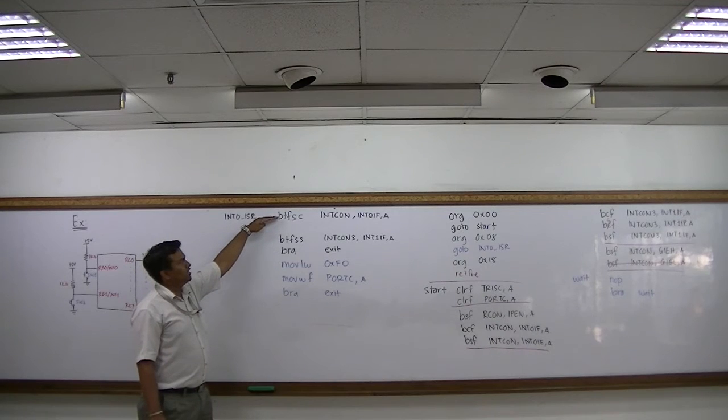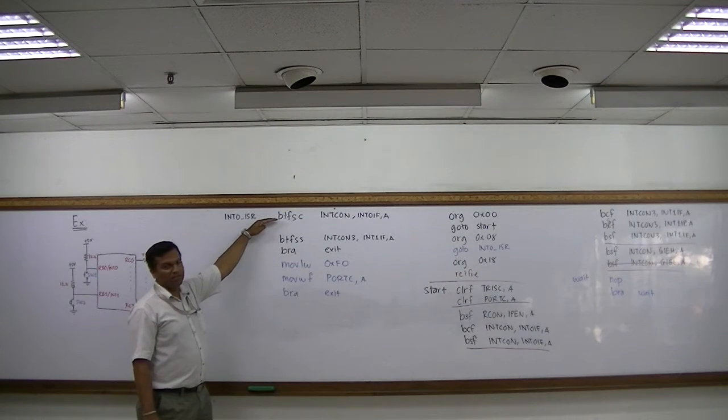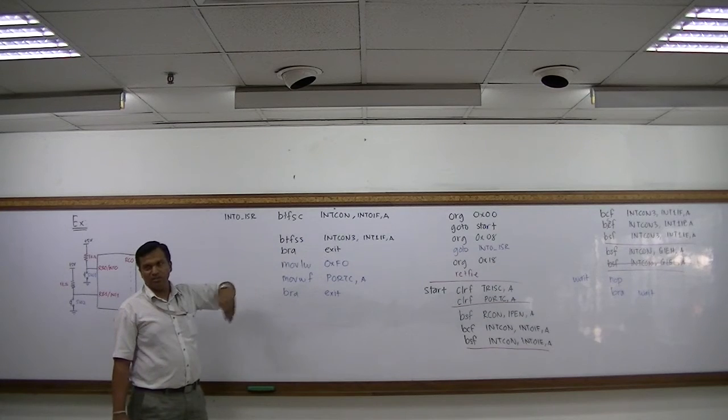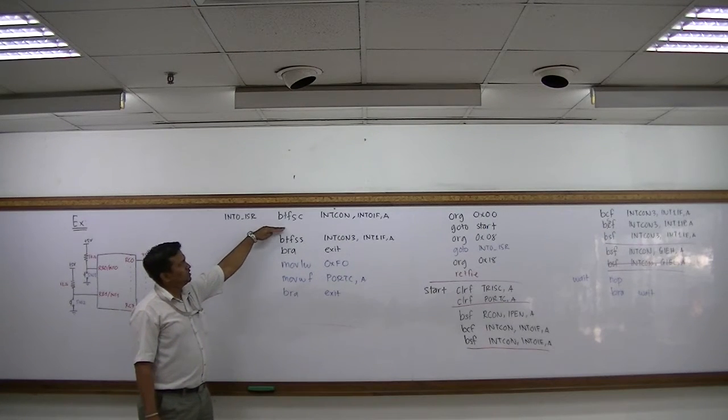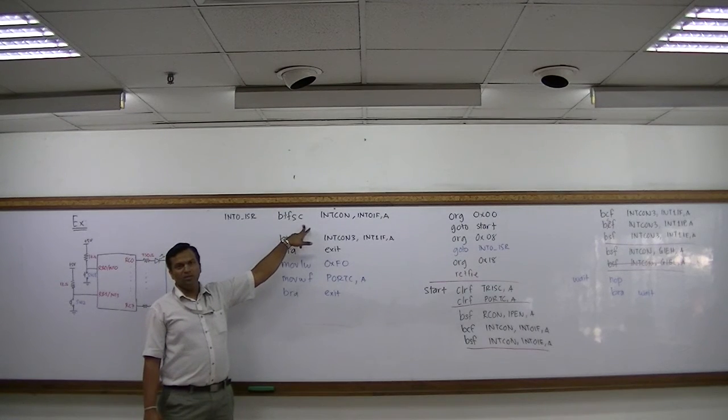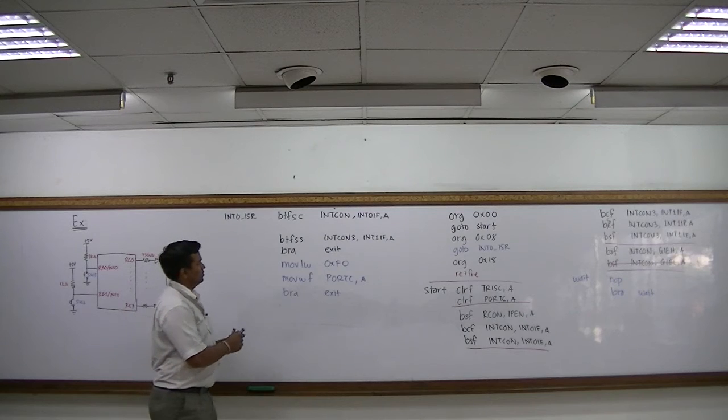This one, you check the first one. Skip if clear. It means if the first one is not pressed, you check for the second one. Second one, if it's not clear also, it won't skip, it will branch exit. So here, if it's pressed, it's supposed to do something. What is it supposed to do? LED, but here we have only one line, so we can't do that. So you use